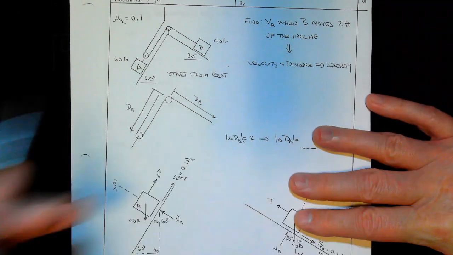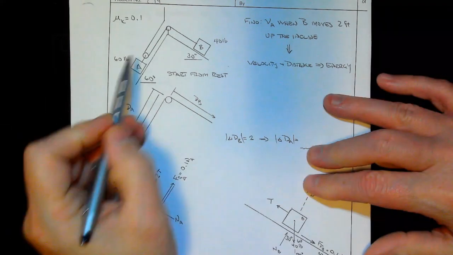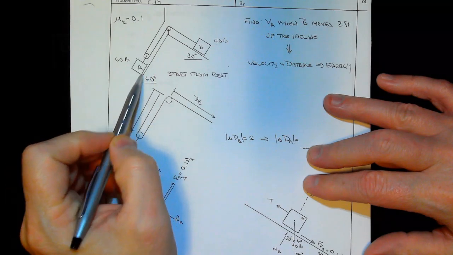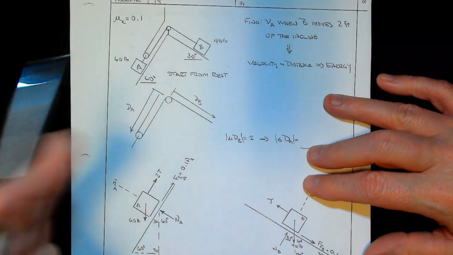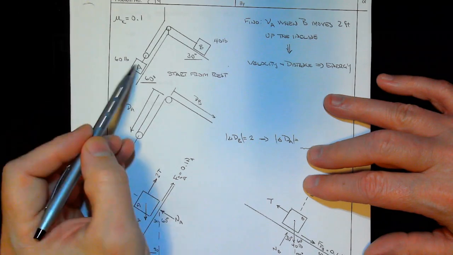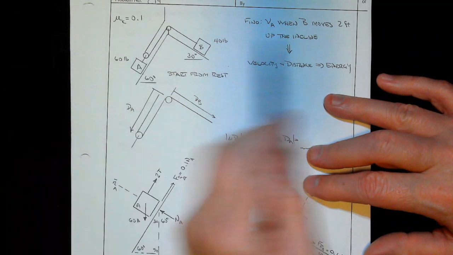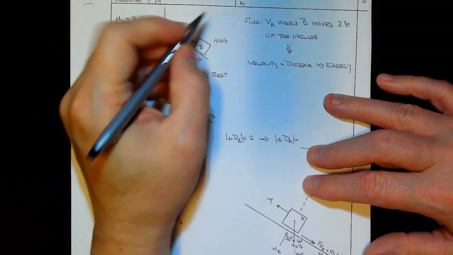And so when you look at this, as this slides, this path length is going to be important because there's going to be friction here. So friction's going to do work. So it's very important to know how far this goes and that goes. So we're told B is going to go 2 feet up the ramp